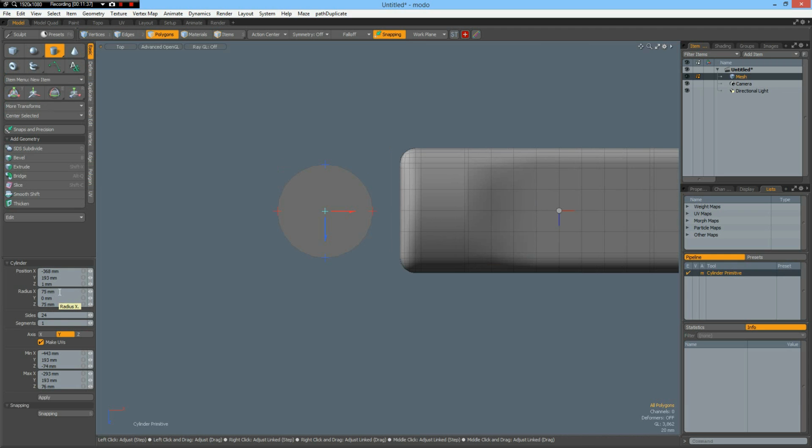No, that's too big. 50 by 50 millimeters, and this must be 0, and then we can